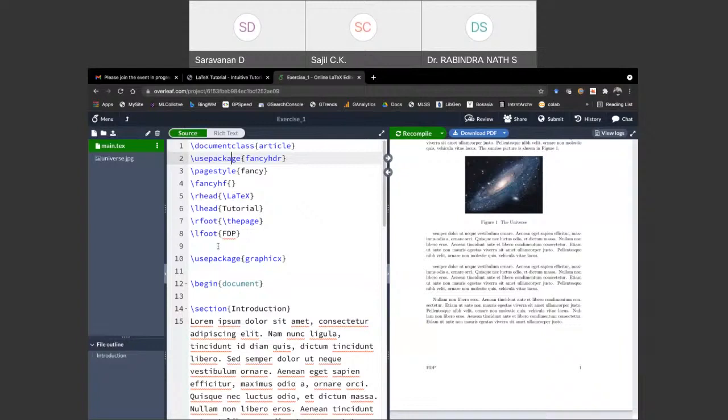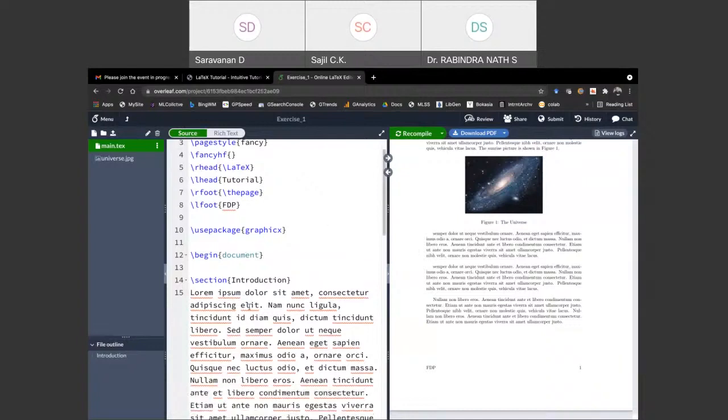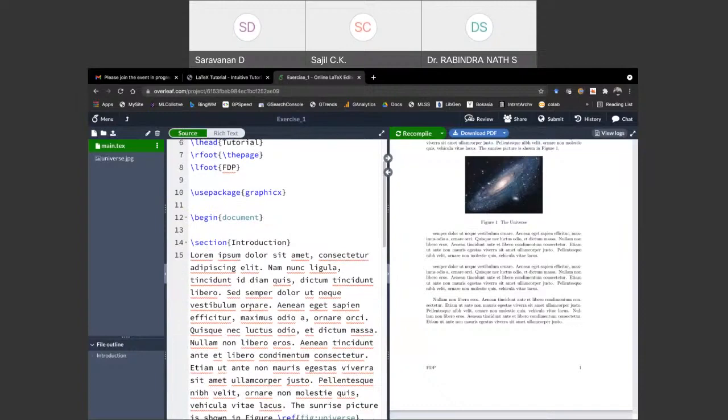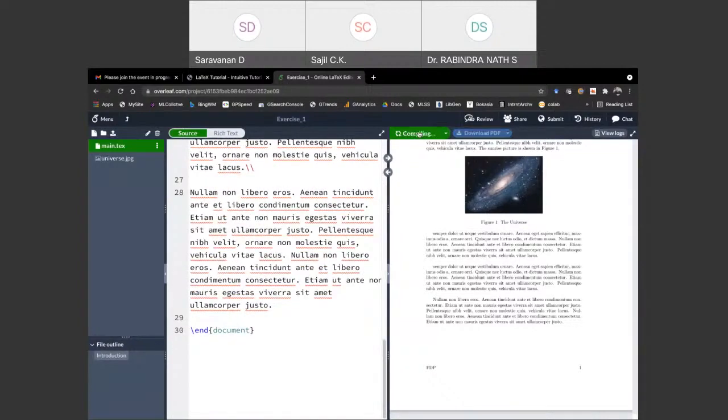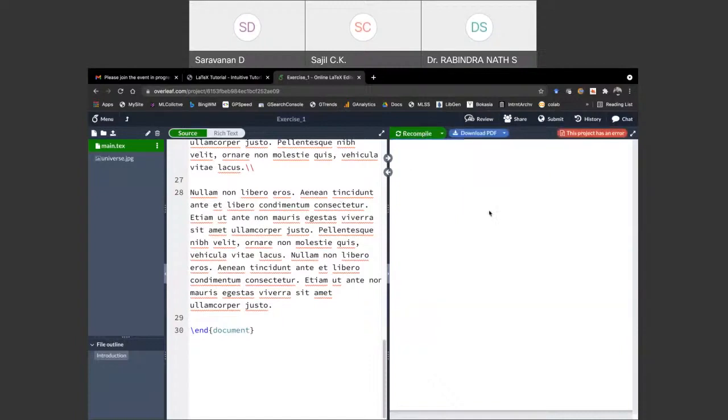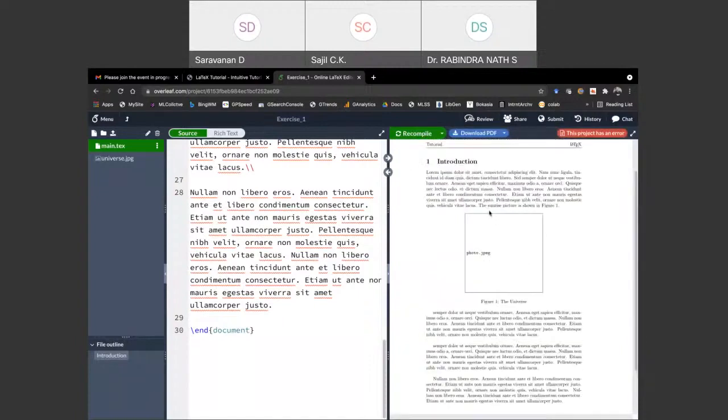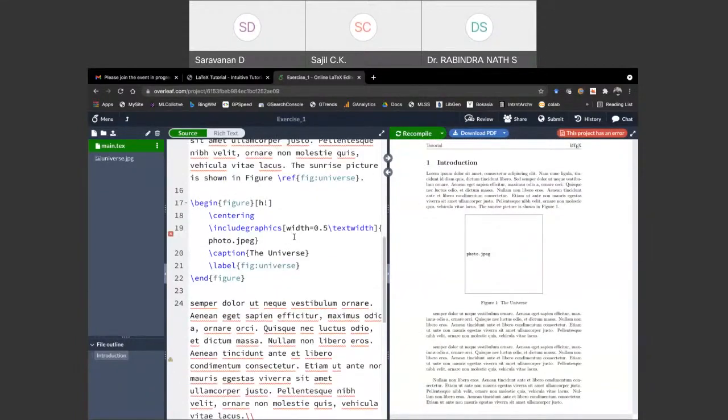I am having some sections and some images, etc., inserted. Okay, let me change the source image name. Now compile it again.